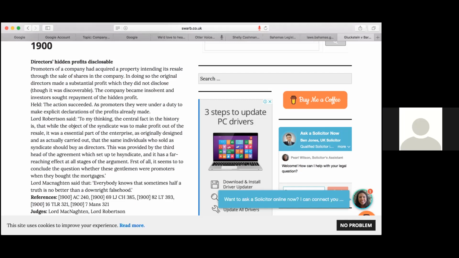Okay, so look at it as a promoter. A promoter has certain duties. So if you're going to hire someone as a promoter, you have to make sure that they have the requisite skills and experience and qualifications to do the job that you ask them to do. That's the first thing. And whenever a promoter acts, his duty to whoever has contracted him is the same as if a director had a duty to a company.